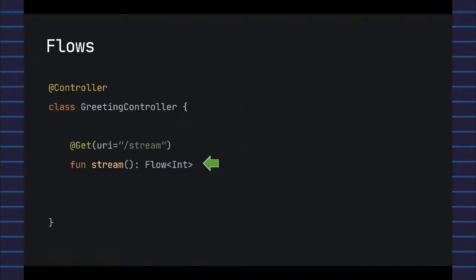How do you implement that? So to implement that, I have created a method here called stream, and its return type is a flow of int. So here's a very simple example, where I have a flow of 1, 2, and 3, and I'm calling the on each,